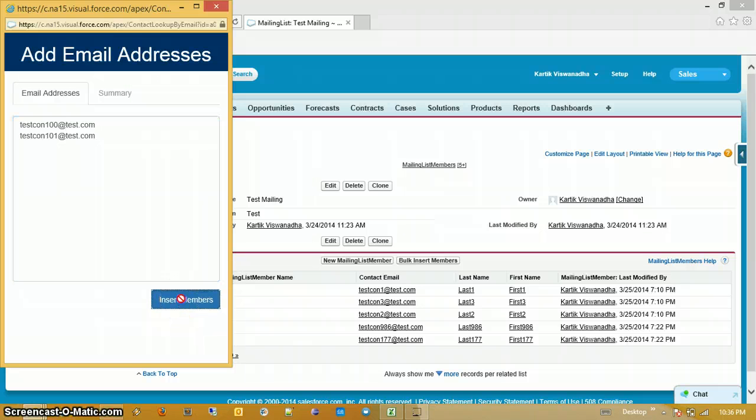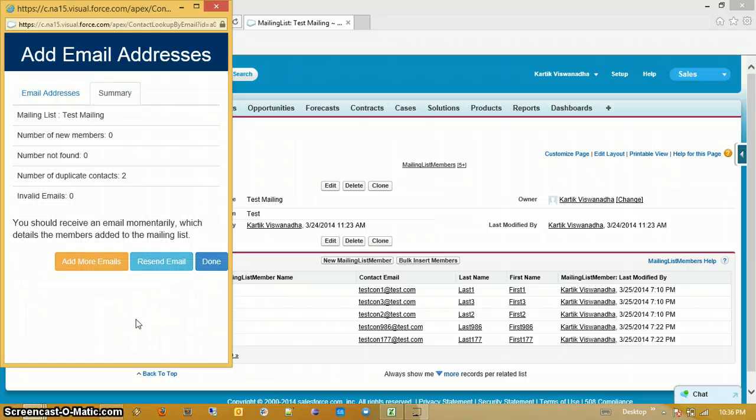So you click on insert members, and you can see everything is the same, nothing changed over here. It says there are duplicate contacts and invalid emails.